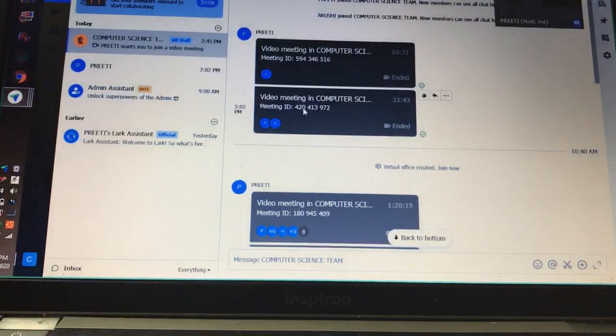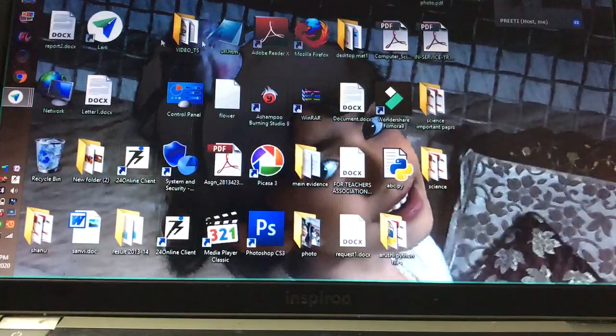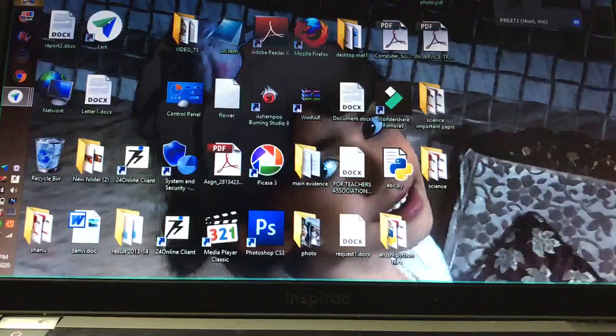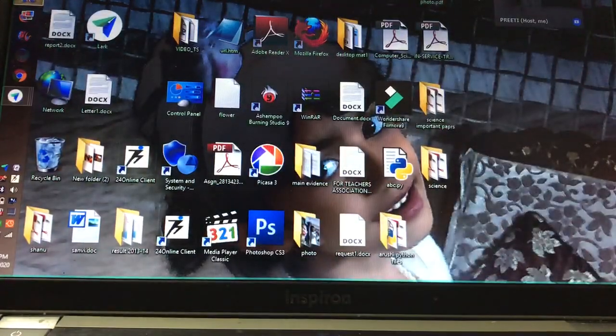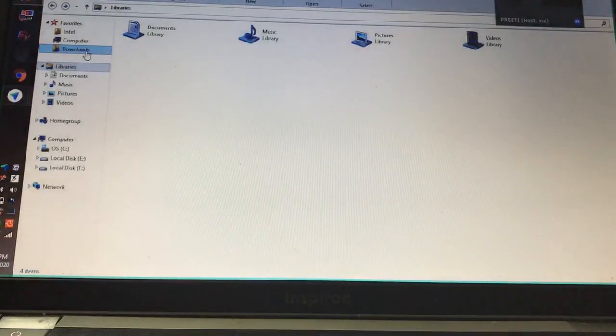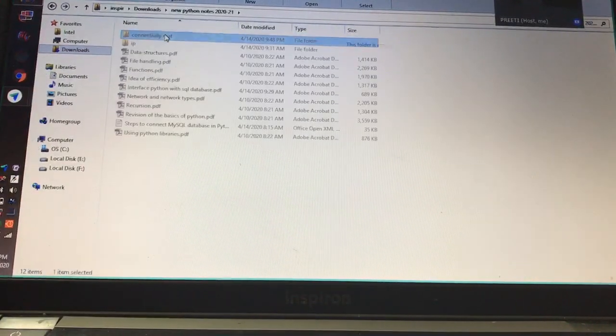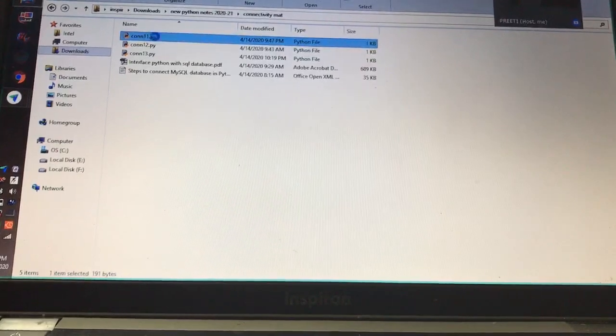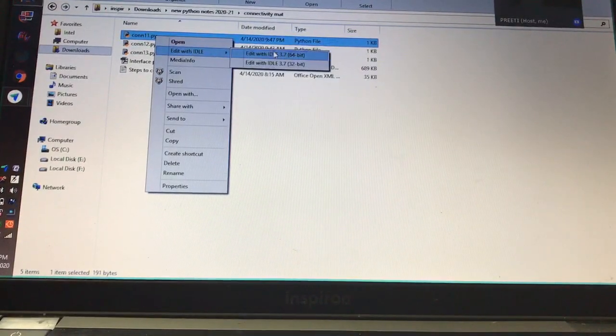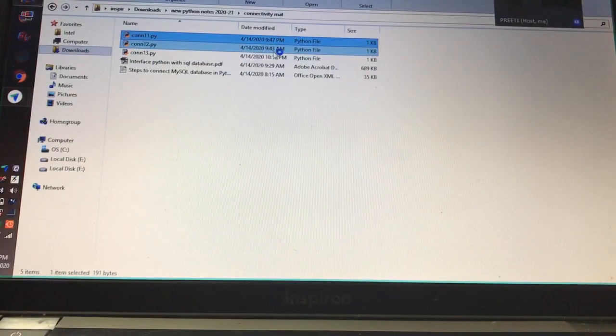This is my desktop. So I'm going to open one file from downloads, Python, then connectivity. This is my Python program for the students in school.